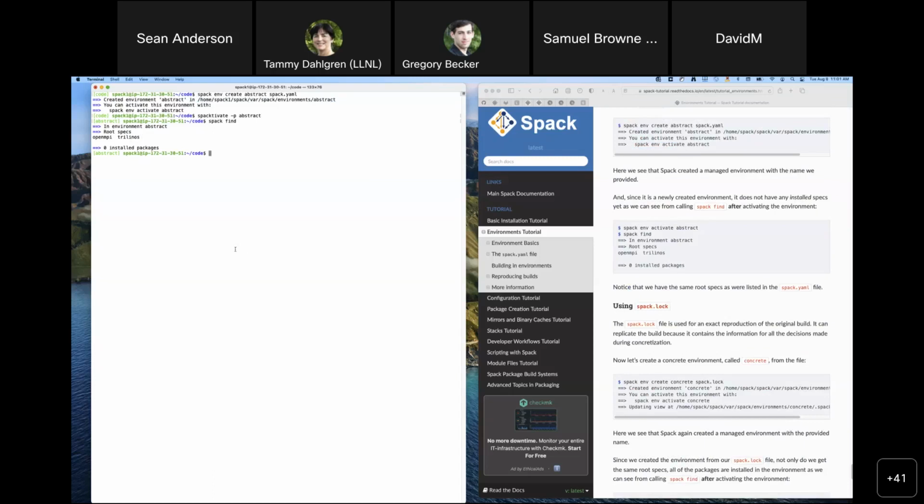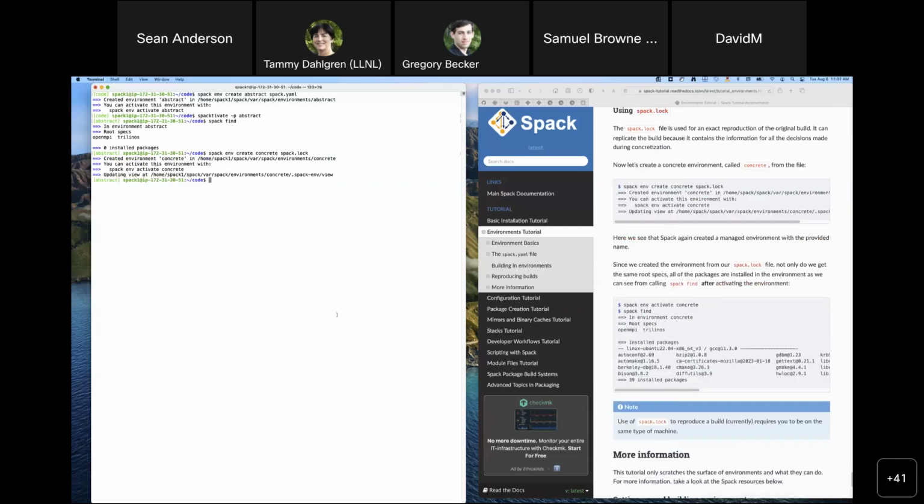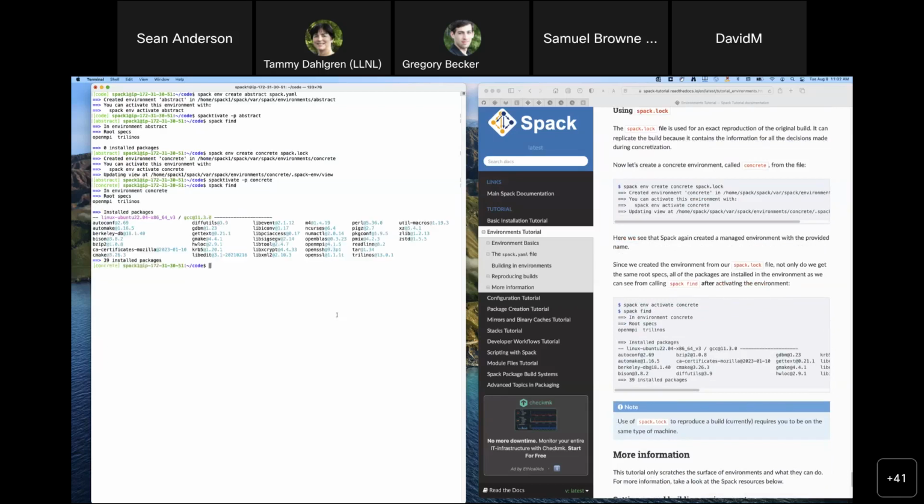But if we use the spack.lock file to create a new environment, we can type spack env create using the spack.lock file. Then we get another managed environment called concrete. We can activate it, right? So we can activate concrete and spack find. And because that file has all of that dependency resolution information already available in it, Spack can take advantage of that